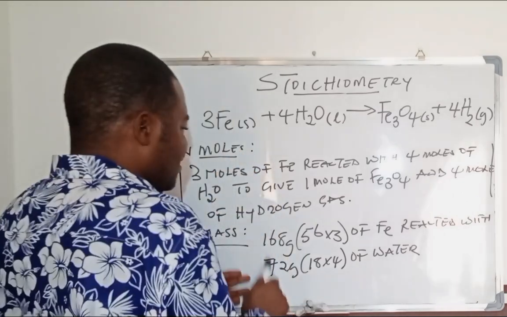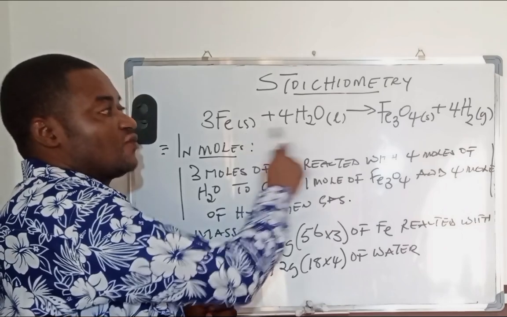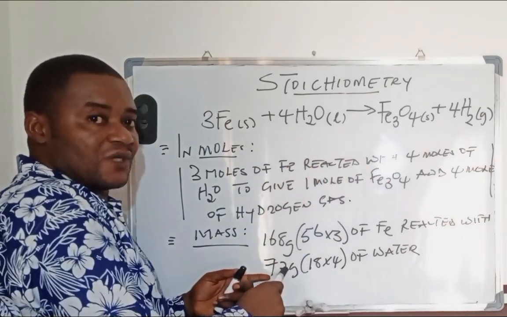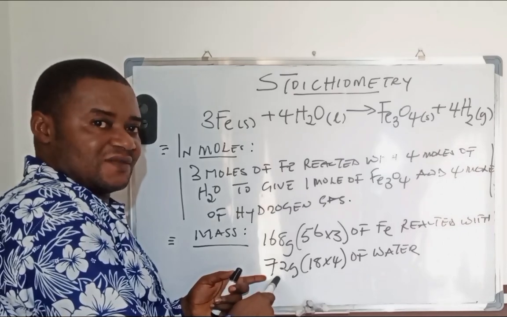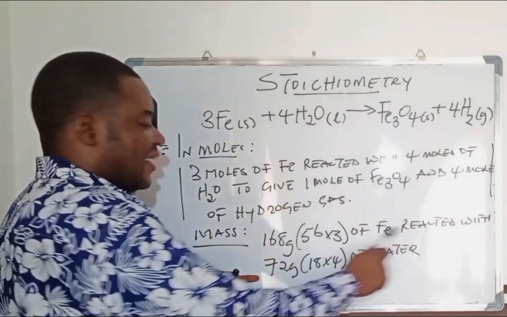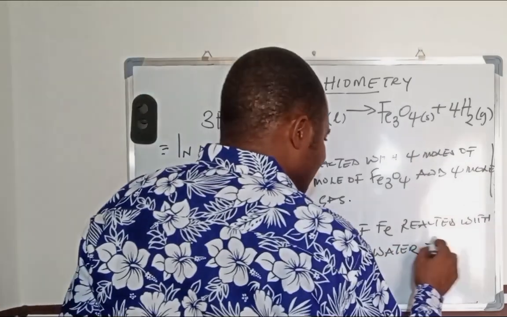So now we can say 168 grams of iron. If you wanted to prepare this particular product by this reaction, this is where you have to come in. This is where the stoichiometry works. So it means that you have to measure 168 grams of iron, react it with 72 grams of water, and it yields